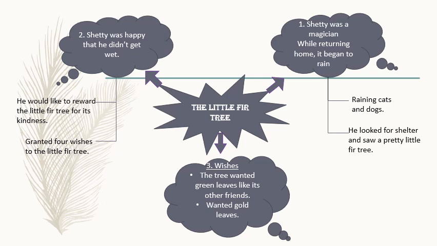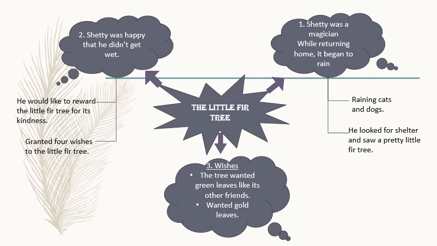Now, what are the wishes that we have discussed in our previous class? I hope you have remembered till now we have discussed only 2 wishes. And there was a task also for you all to think of or imagine what would be the next 2 wishes of the fir tree. So I hope you are ready with your answer. That we will see further in today's lesson. So we have discussed the 2 wishes of the fir tree.